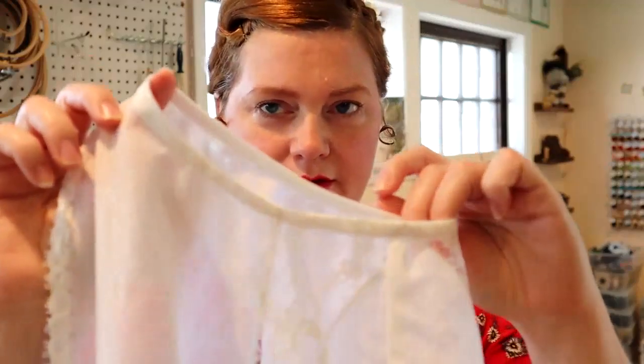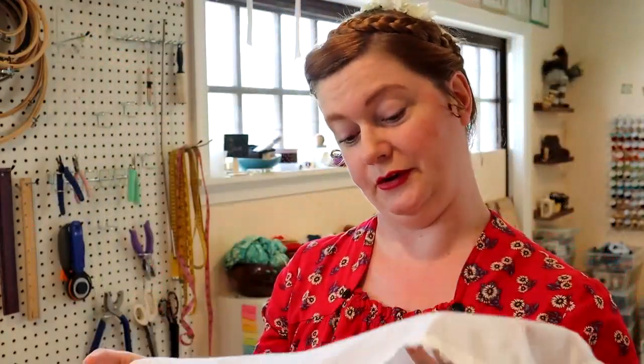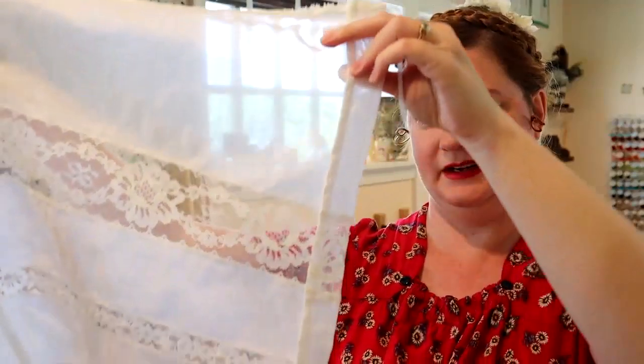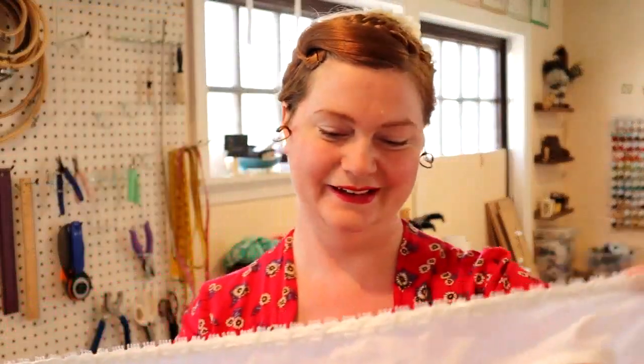And I have also gone ahead and added the bias armhole binding to an Edwardian corset cover that I made a year ago now. Might have been longer than that, I'm not really sure. This is another piece that I did not have enough fabric to make what I wanted, but I really liked the fabric. It's such a fine sheer cotton. I really wanted to make a corset cover and there wasn't enough, so I just used wide insertion lace to piece it so that I made enough. I mean, it worked, so...